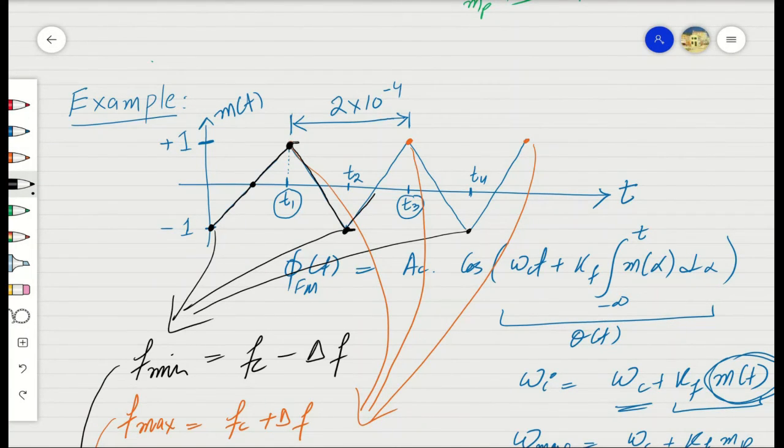And when again the amplitude of information signal is increasing, the frequency of the carrier signal will increase, and along the decrease in amplitude of information signal, the frequency of carrier signal will decrease. As in frequency modulated signals, instantaneous frequency of the carrier signal is directly being influenced by the amplitude of information signal. So if we plot the modulated signal for the case of frequency modulated signals, we get as